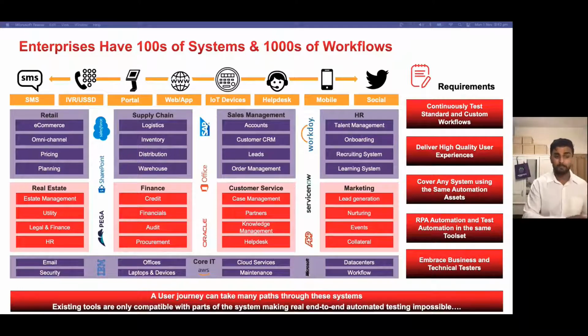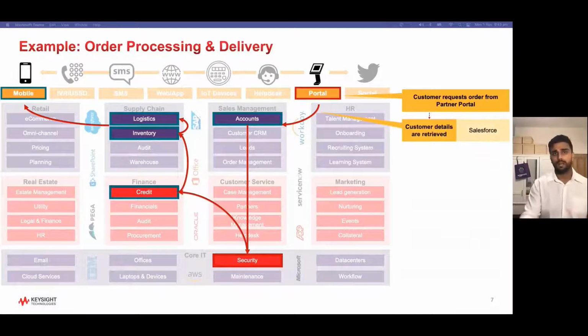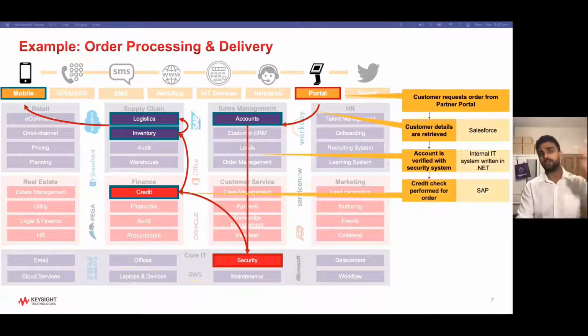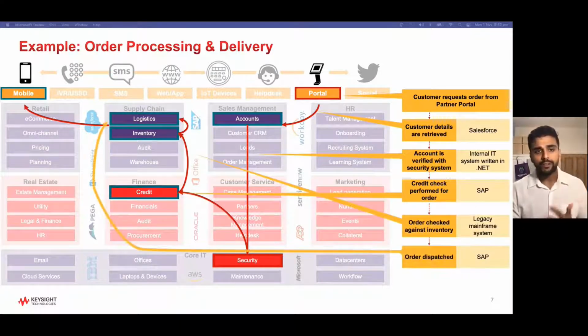And a user journey can take many paths, and these are not really being addressed, and we need to take these into account. So if I give you an example of one use case or workflow, we can see on the screen we've got SMS, IVR, portal, web app, IoT, and so forth. And this is just a real example at a basic level. We're seeing a customer request an order from the partner portal, and then it contacts Salesforce, and then we go to some .NET, and then some SAP, and then go back to another